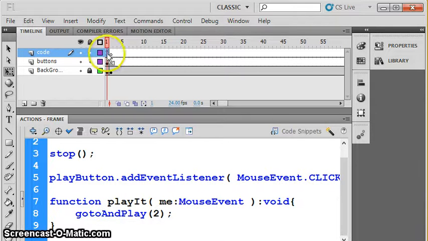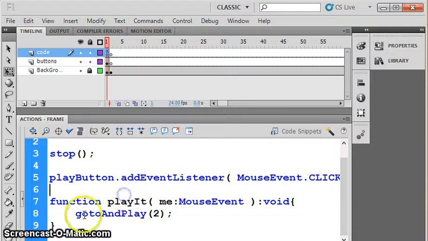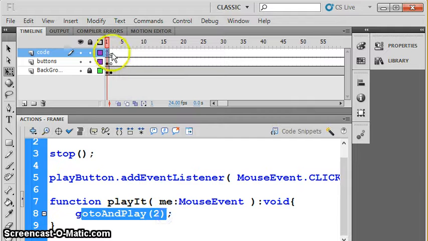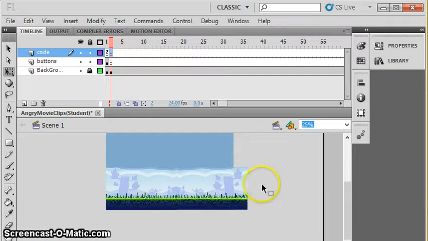So we're on frame 1. When somebody clicks this button, when somebody clicks the play button, it will call the play it function. The play it function will just tell the main timeline to move to frame 2 and play. Now, let's just make sure that that looks good. Once you run this,